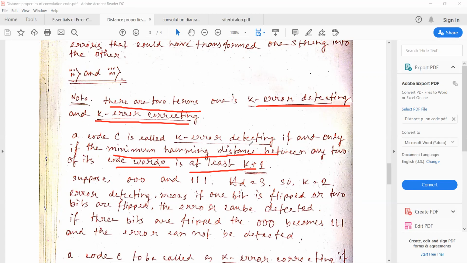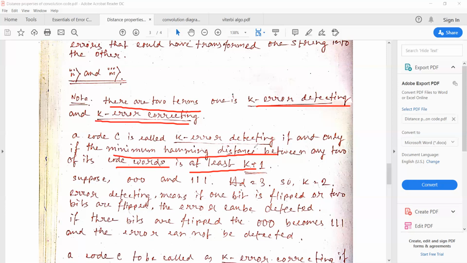This is the error code, or in this position there is an error. So you are just detecting. A code C is called k error detecting, that means we have detected k number of errors. What is the relation between this k value, the number of detected errors, and the